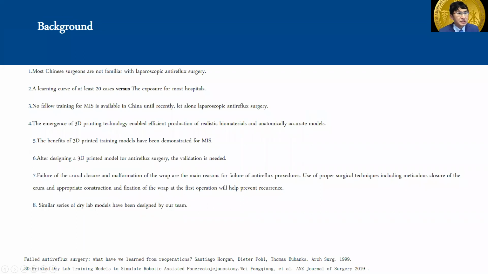The reason I chose this study is because most Chinese surgeons are not familiar with laparoscopic anti-reflux surgery. As a matter of fact, this was only written into the textbook of medical college students 2 years ago. According to literature, a learning curve of at least 20 cases is needed, versus the lack of exposure for most Chinese hospitals. And minimally invasive surgery training as a fellow was not available in China until recently, but laparoscopic anti-reflux surgery is